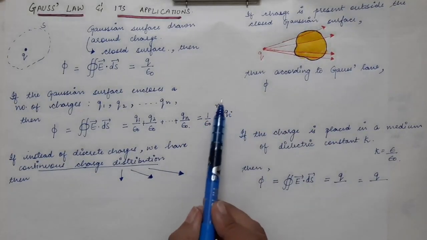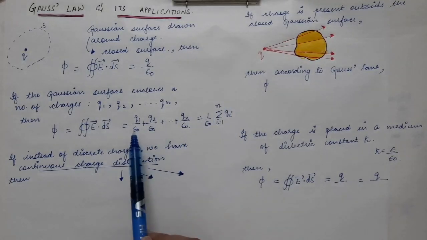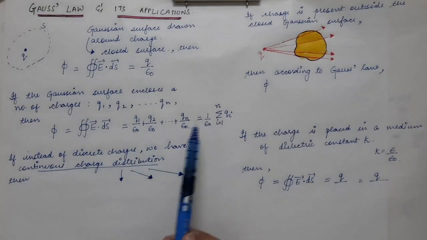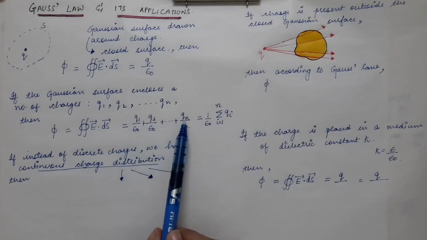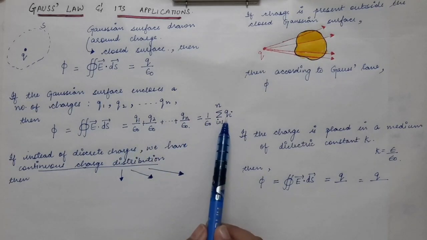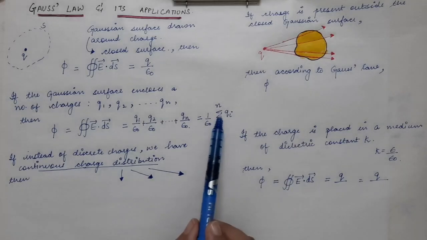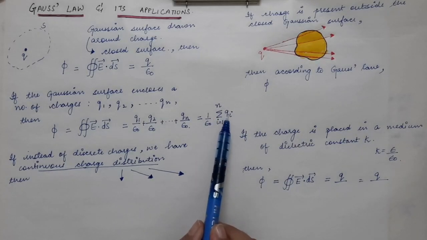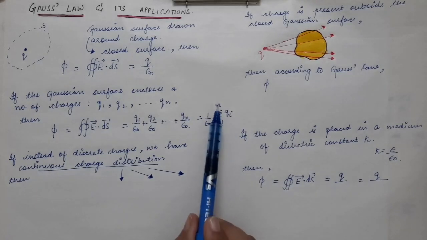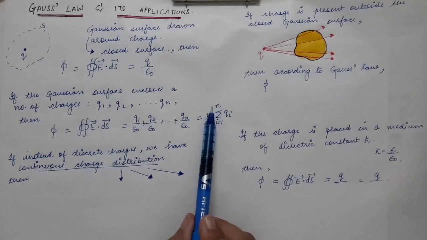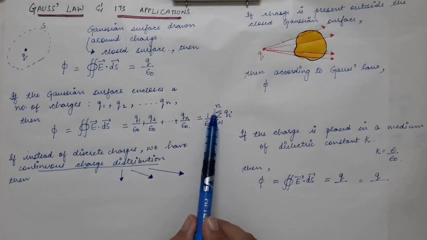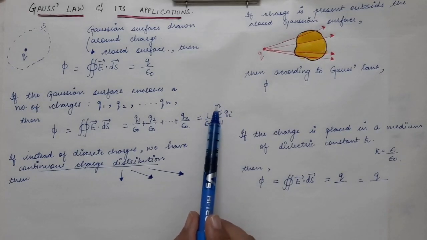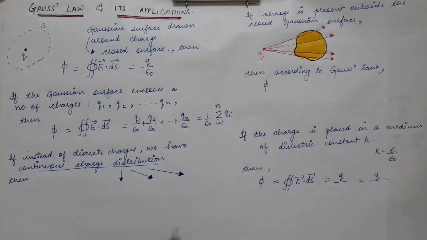So this is the general relation we have written. If we have n number of charges, we have to sum q1, q2, q3 up to qn, which we have written just in the form of summation. So the summation is over qi, where i goes from 1 to n. Up to how many charges you have, let it be 3 charges or 4 charges, accordingly the n will vary.